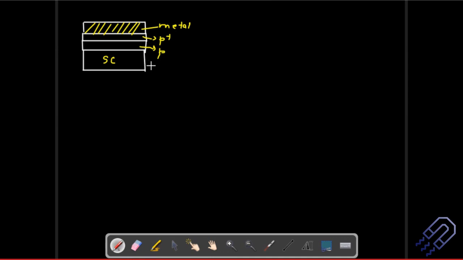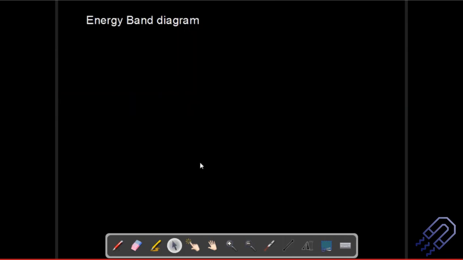That's very simple. Now what I'm going to do is draw the energy band diagram. Whenever you are talking about these parts, you need to make an energy band diagram. That's very important. So now we are going to talk about the energy band diagram. I'll just take one example, an N plus semiconductor, and the P plus. Maybe I can just give it to you, you can also do it. So, energy band diagram. The first one is N.